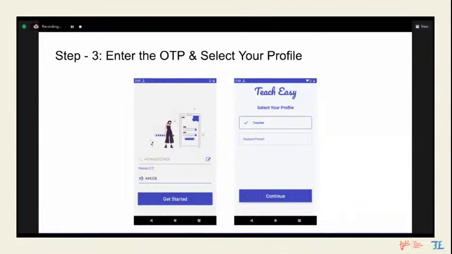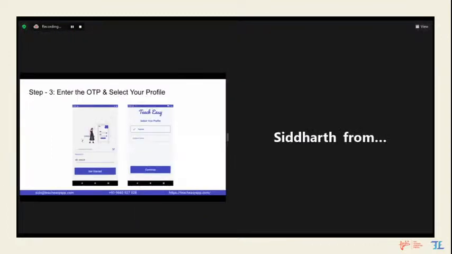One screen that I missed, because I was already registered, is that when you are signing up, Teach Easy will ask for your profile, whether you are a teacher or a student. If you are a teacher, you will see all the things that you are seeing right now. But if you are a student, there is a different version which students can use to submit their assignments. So you will select teacher and then continue.